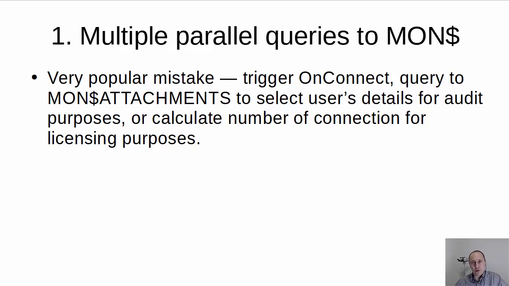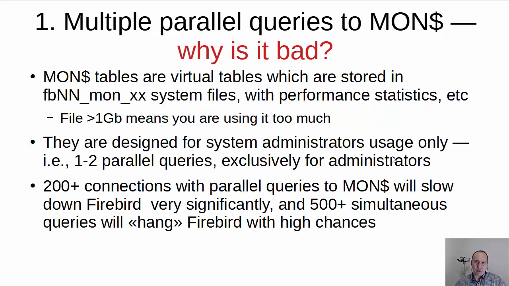However, this is not really a good practice. Why? Because the monitoring tables are virtual tables which are actually stored in special files. We call them FB mon files. You can see them in C:\ProgramData\Firebird on Windows or in /tmp/firebird on Linux. And there you can see the size of these files. If you see that this file is greater than 1 gigabyte, it means that the monitoring tables are being